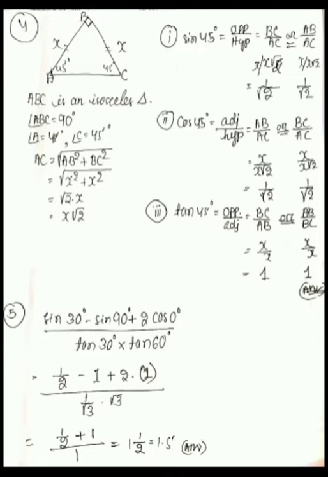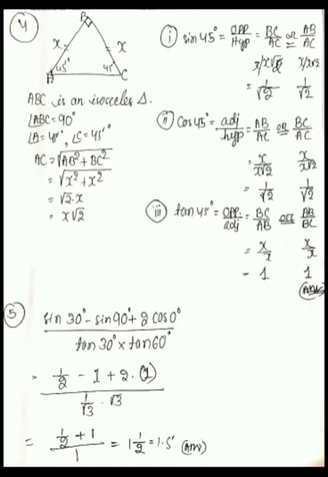Okay, number 4. ABC is an isosceles right triangle. Assuming AB equal to BC equal to X, find the value of each of the following trigonometric ratios. That is sin 45, cos 45 and tan 45 you have to find out. Okay. So students, just I have taken the figure. Okay. ABC, since here it is given in question AB equal to BC equal to X, so ABC is an isosceles triangle, so obviously angle B will be 90 degree. Okay, so angle A equal to angle C equal to 45.